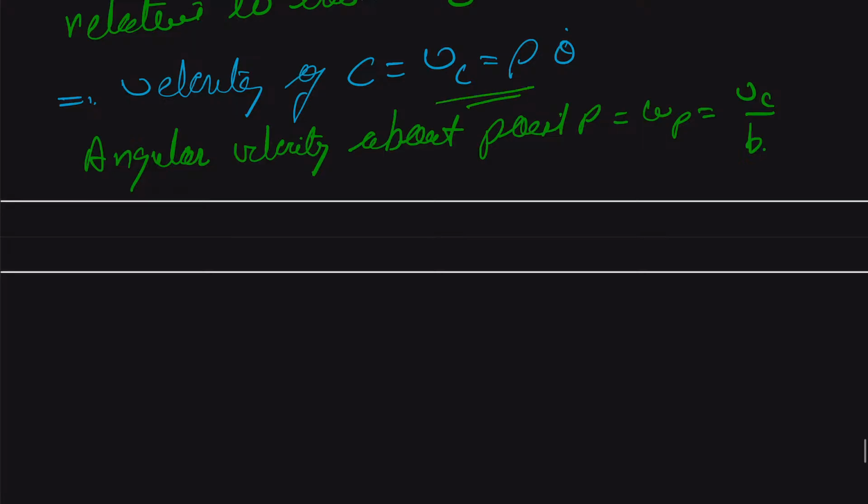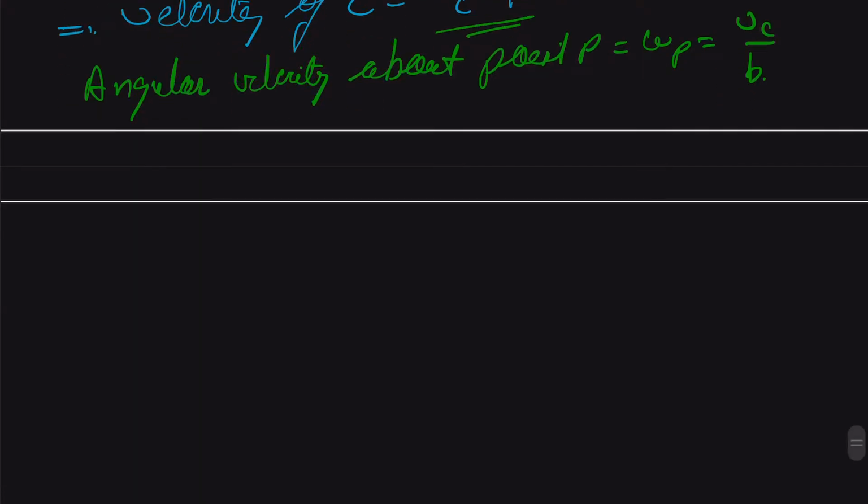From this equation we can substitute our Vc, so we get omega P equal to rho theta dot divided by b. And therefore we can say that